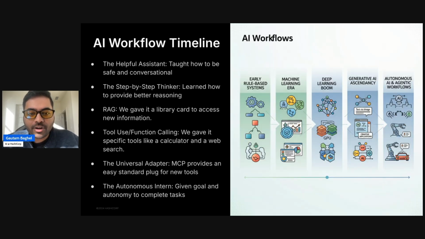So getting started, a lot has happened in the past 2 years. For those of us who've been keeping up with all the changes in technology and this AI race, we've kind of forgotten how we evolved to this place, right? There's so much that has happened. So before I talk about evolution of tool use, I'd like to talk about evolution of AI in general. So we started off with early rule-based systems, the helpful assistants, like you could ask it questions, and